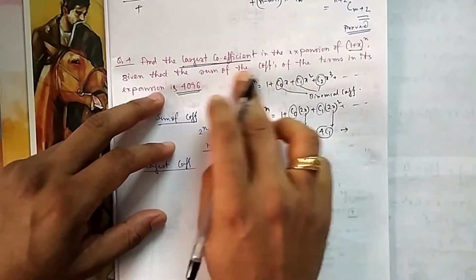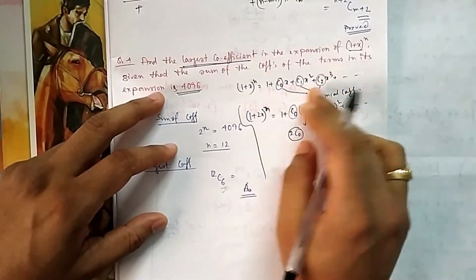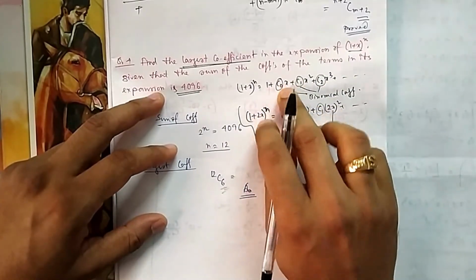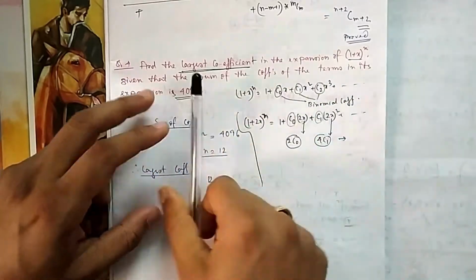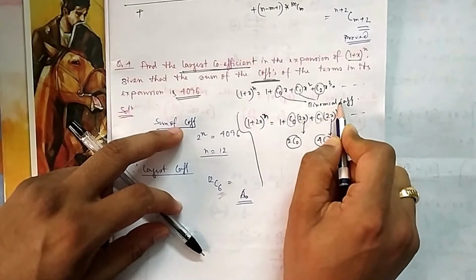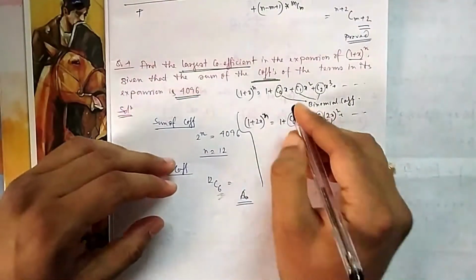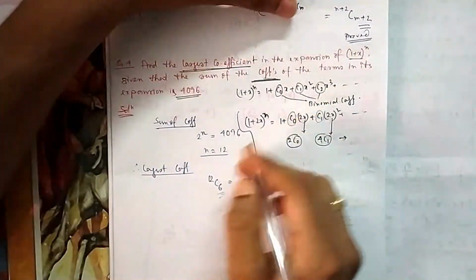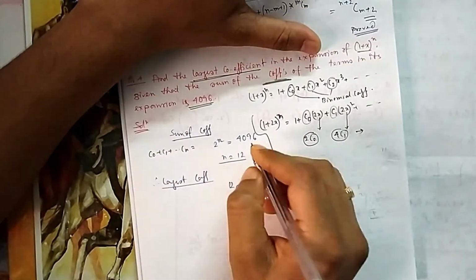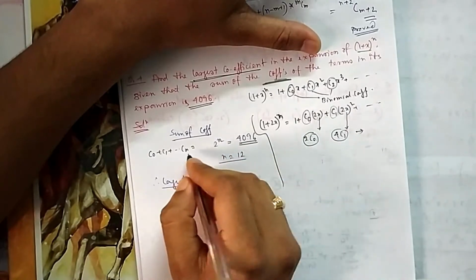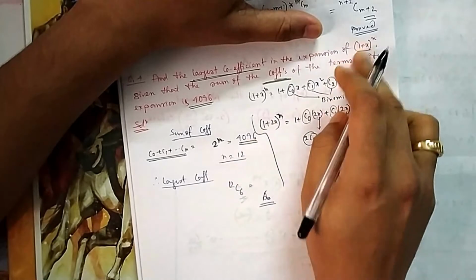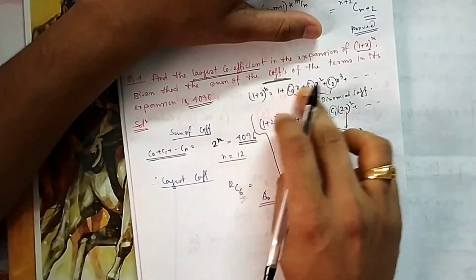So here sum of the coefficients means sum of the binomial coefficients, because here it is simply x, not 2x or 3x. So the normal coefficient is your binomial coefficient. If they say the sum of the coefficients, that means in this expansion the coefficient is nothing but the binomial coefficient. That means they have given C0 plus C1 plus C2 up to Cn is equal to 4096. Now we have seen this beautiful property. If we add all of these, then it is 2 to the power n. By putting x equal to 1, you get all the sums.